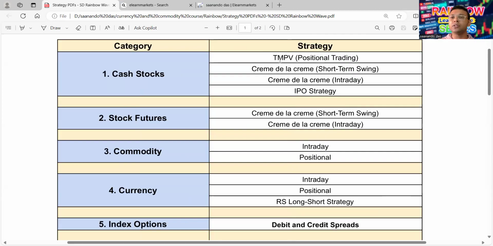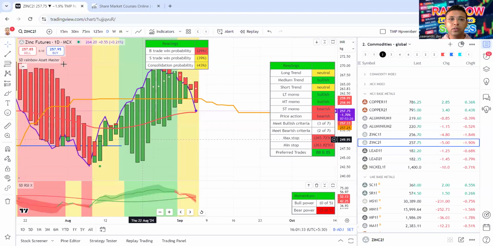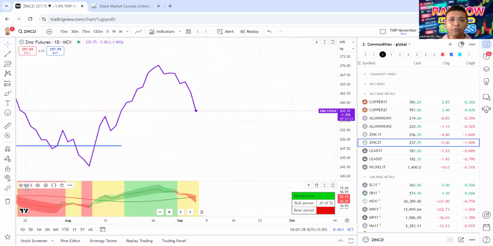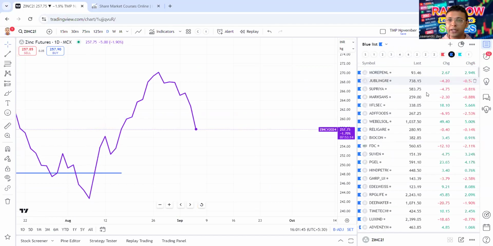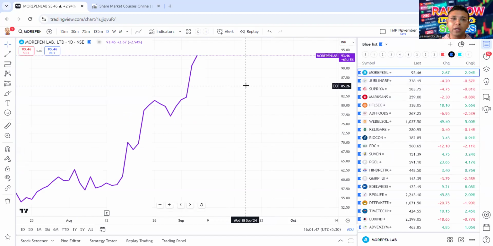Largely we play this in the weekly chart or we play in the weekly or daily chart combination. So एक बार देख लेते हैं what we need to create the TMPV strategy. The first one. So let's go to our charts. Let's remove everything from the chart so that we know from fresh. This is the stock TMPV strategy, right? The stock TMPV strategy, when you are applying in say Morpen Laboratories,